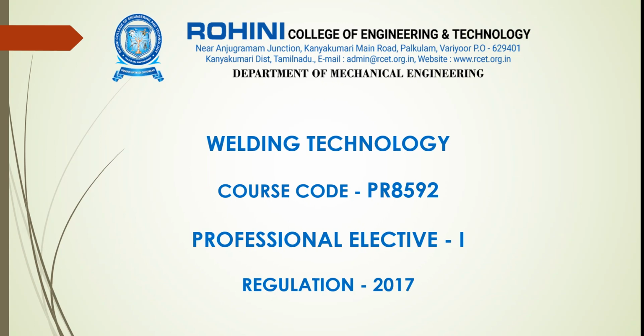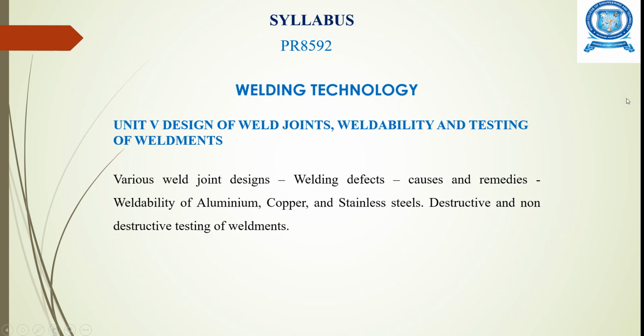So welcome to the welding technology course. The course code is PR8592. It's a professional elective subject for the regulation 2017. And here in this video session, we'll be studying about Unit 5, that is the design of weld joints, weldability